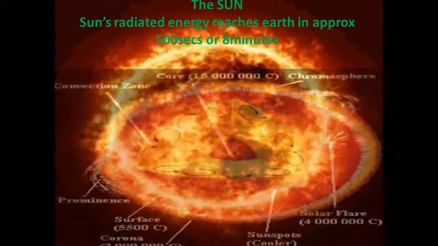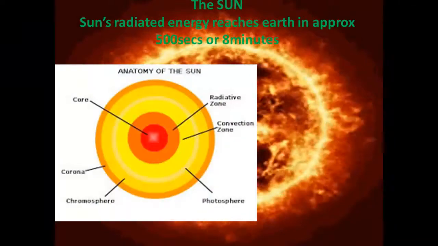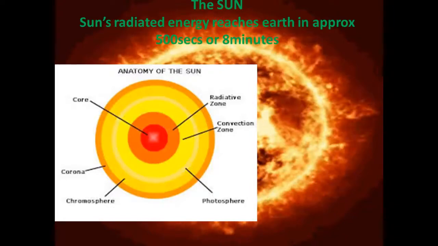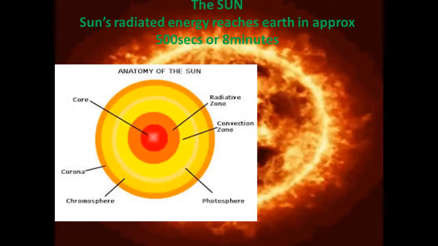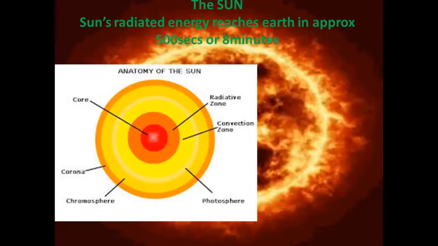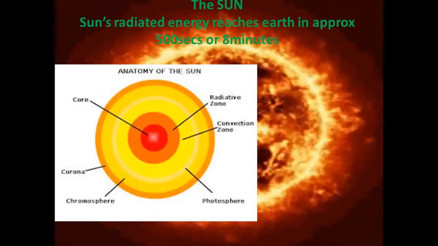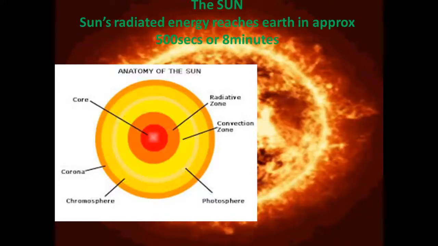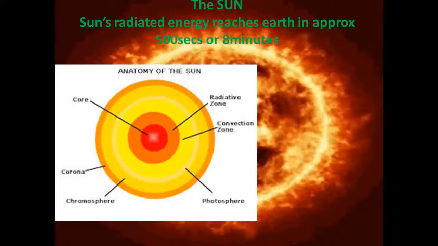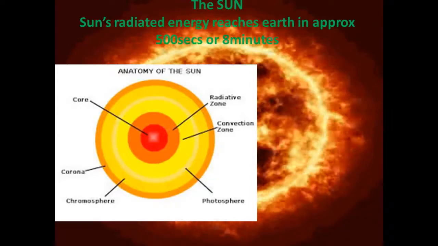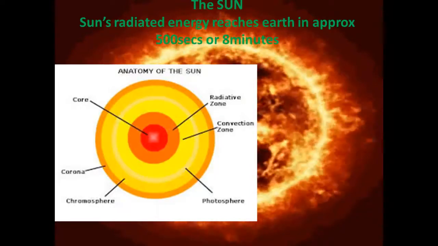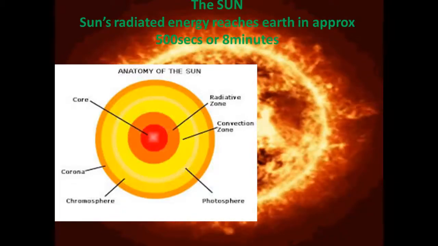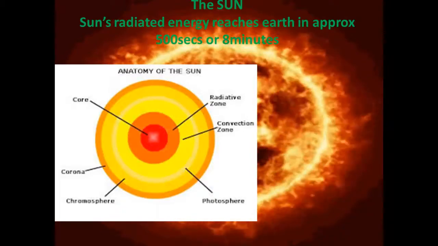Okay, so moving forward, these are the layers of our sun. Innermost one is core, followed by it is radiative zone, next is convection zone, followed by photosphere, then chromosphere, and the outermost layer of the sun is corona. Okay, so in our daily life, whenever we see the sun, we don't see the outermost layer of the sun, which is corona. Rather, we always see chromosphere. Chromosphere is the layer of the sun that is visible to us daily. It is not corona. Always remember this thing.